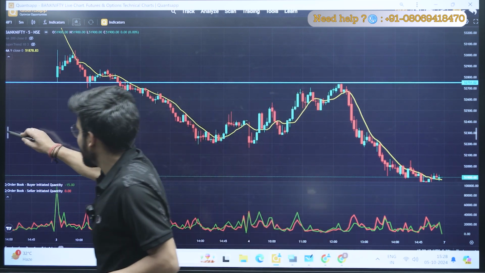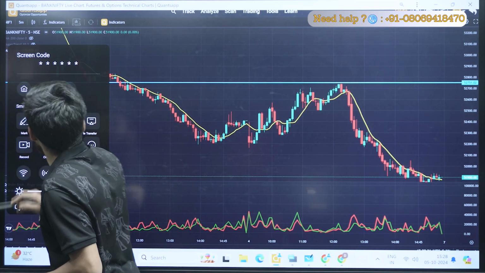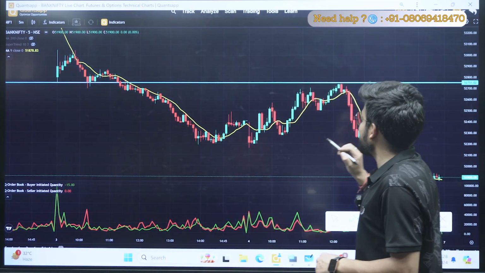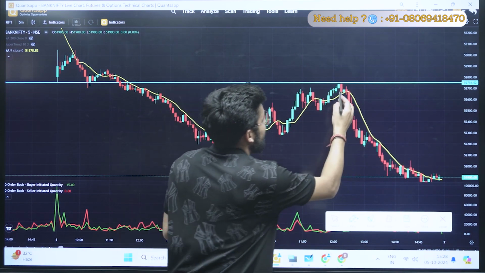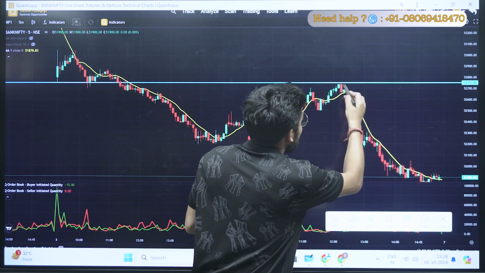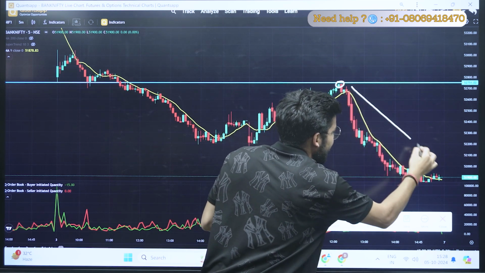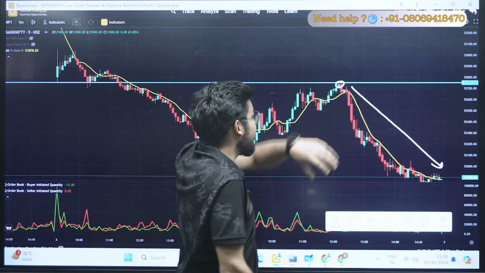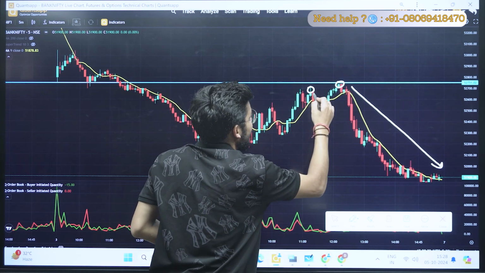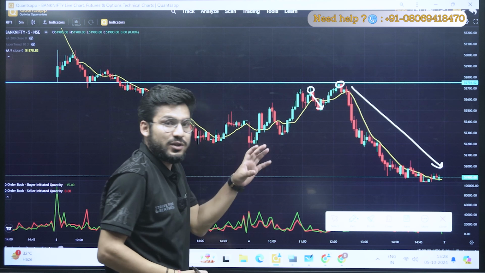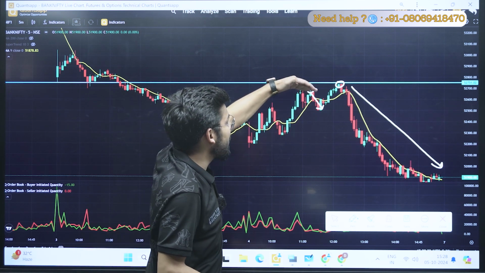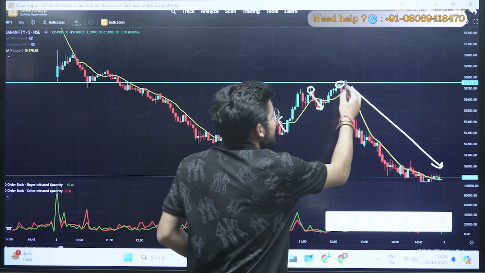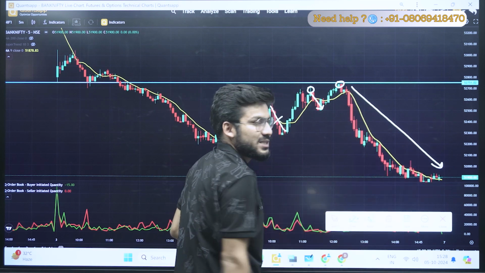So let's find out which is the point of interest in our chart, okay? So I can see this was my first point of interest. How can you find it? Because I can see from this point a big movement started, right? It means there must be some big players who entered at this point. At this point there was also a movement, but it was not that strong. So this is not my point of interest, this is not, but this is my point of interest from where the big movement started, right?